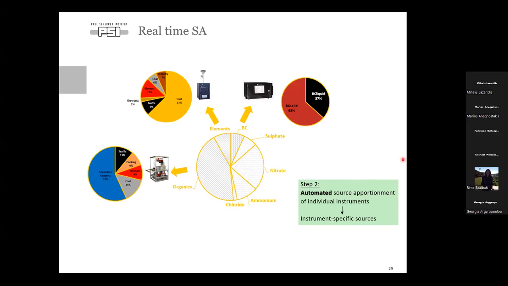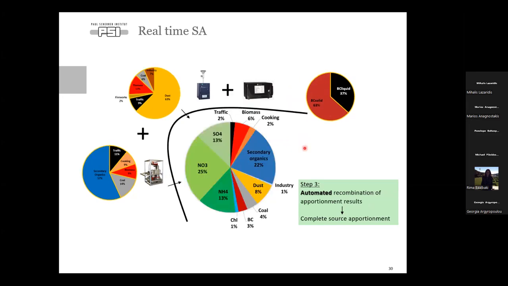So we wanted something very robust. The way we ended up doing it is that we did practically 3 source apportionments for 3 different fractions: one for the organics, one for the elements, and one for black carbon, so BC liquid fuel and BC solid fuel. Then the software took this information from the different source apportionments and recombined it into a single pie chart, having the information about the primary sources and also the secondary components.